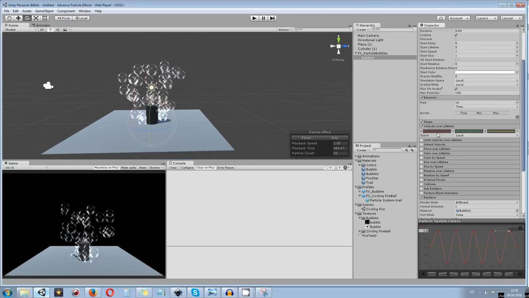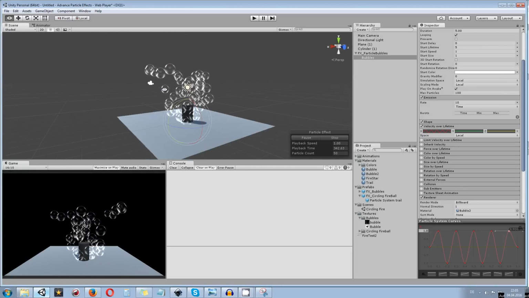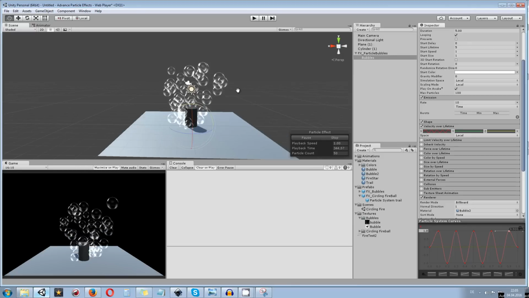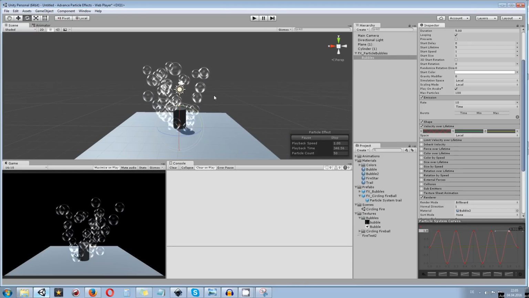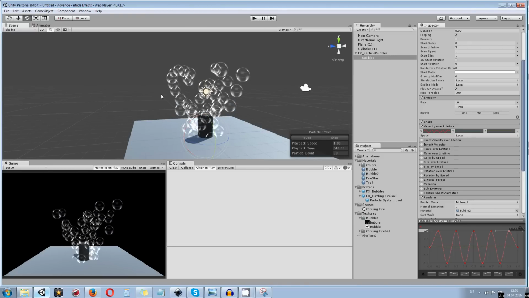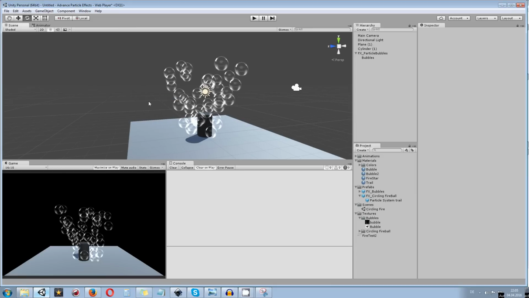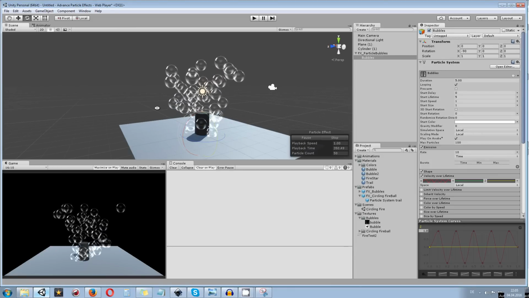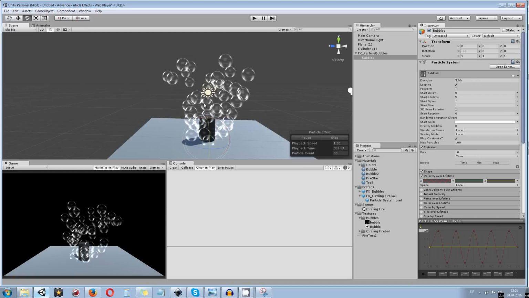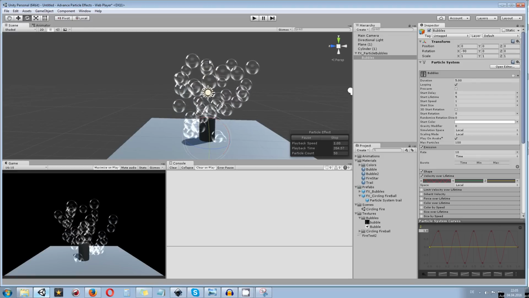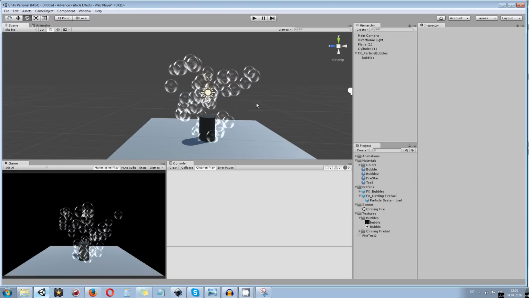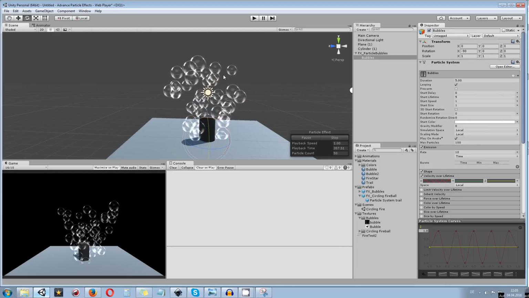So now we have this one on the x-axis, but when I rotate the camera you can see it might be still, maybe we find a correct angle, well, like this. As you can see, they are still going from the y-axis straight up.